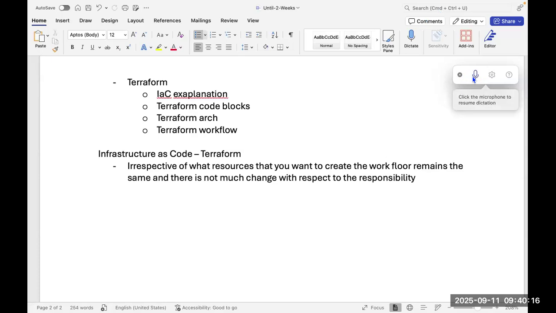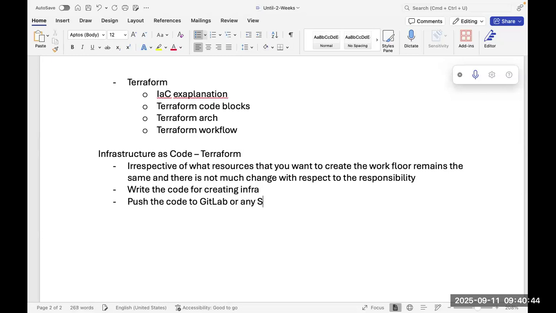Okay. What I'm trying to say is you don't need to really worry so much about what this company will do, what the other company will do. Ultimately, the process remains the same. You are supposed to write the code for creating infra and then push the code to GitLab or any SCM tool, SCM repo. Then configure CI/CD pipeline